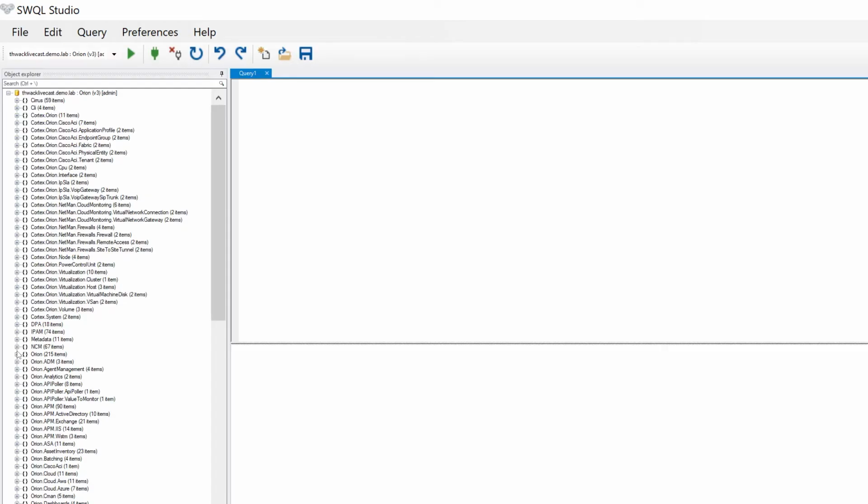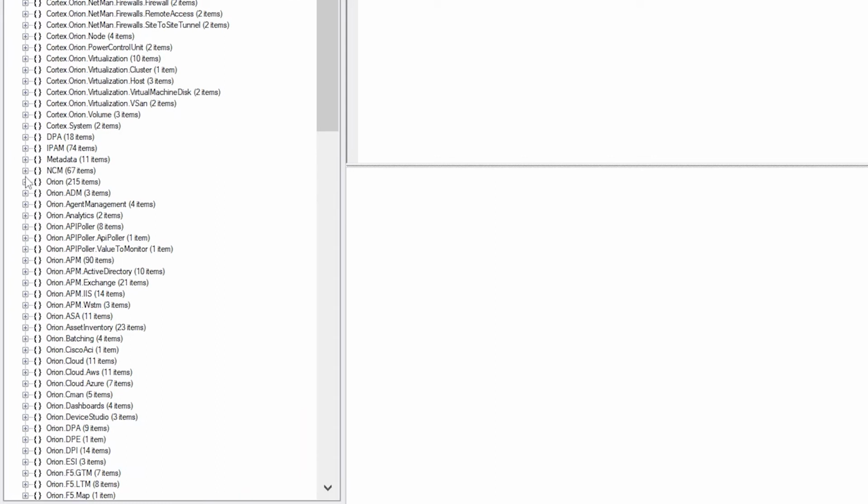If you want to think about the heart of most SolarWinds monitoring systems, it's almost all based around the node, which is a single device that has children or related objects. If we take a router as a simple example, a router has interfaces and it has CPU, sometimes multiple CPUs, it has memory, occasionally it has storage, it has neighbors, it can have applications running on it. Same thing applies to servers. And the interesting part about that is it's really where everything kind of sprouts off of. So if we look within SWCL Studio, I'm going to go to the Orion nodes, which is here under the Orion namespace.